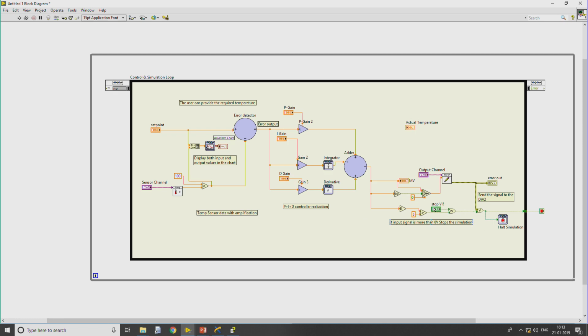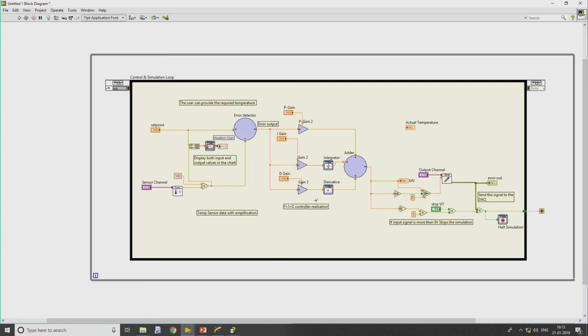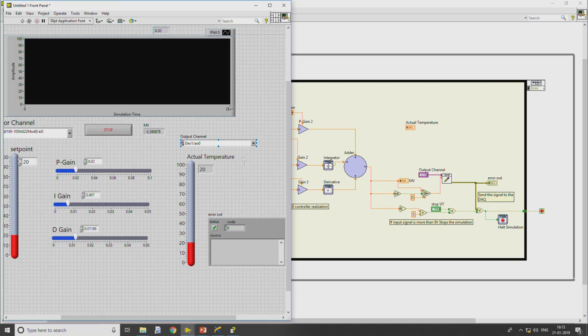Moreover, if the stop button is pressed from the front panel, the system will switch off. Similarly, I have also added the display unit in order to visualize both the input as well as the output signals in the same graph, so that we can understand how much time the system takes to respond, with respect to the controller being able to reach the temperature on the plant to the required set point, right. So, with this the software side we have done. Now, we have to make the connections in the circuit board.